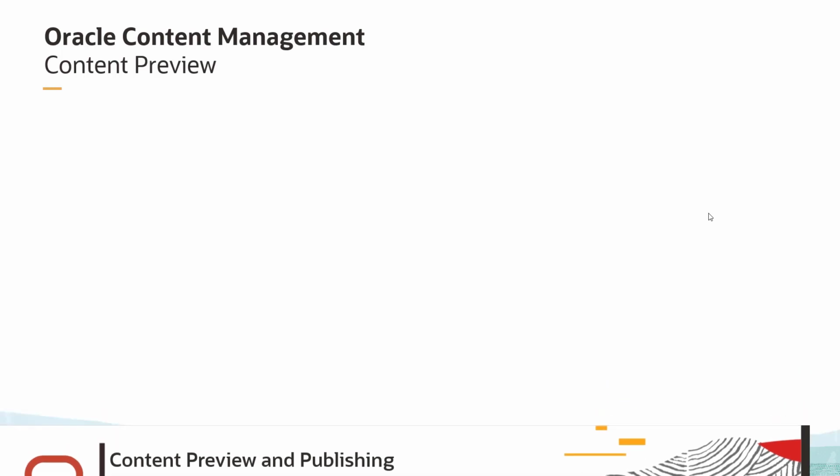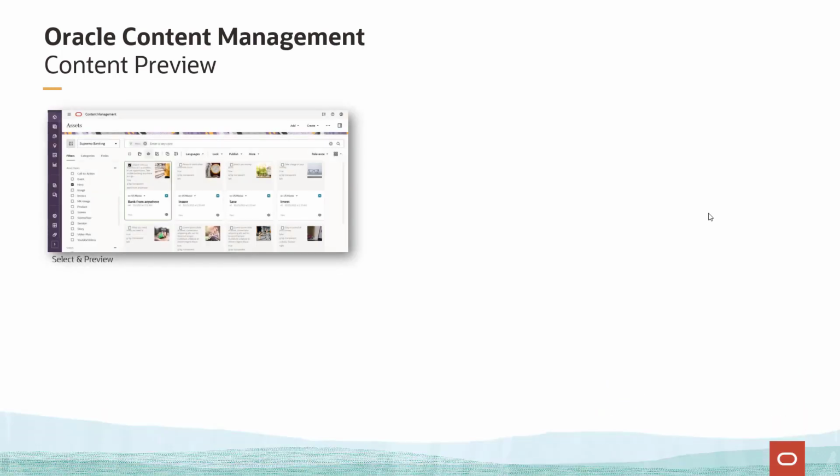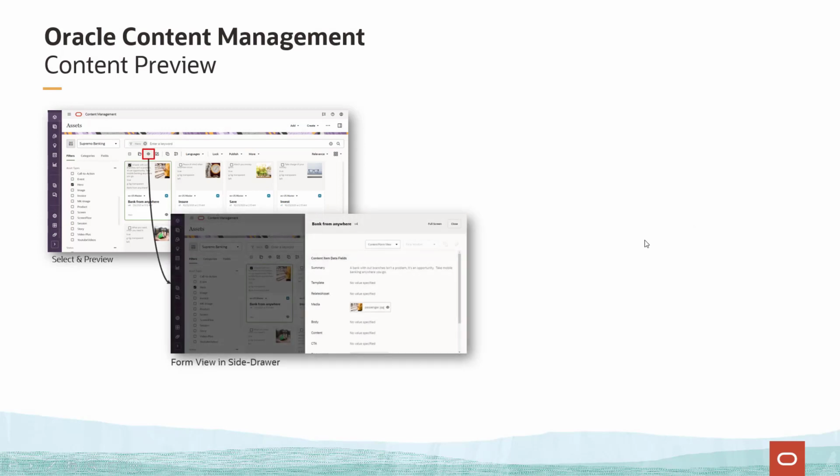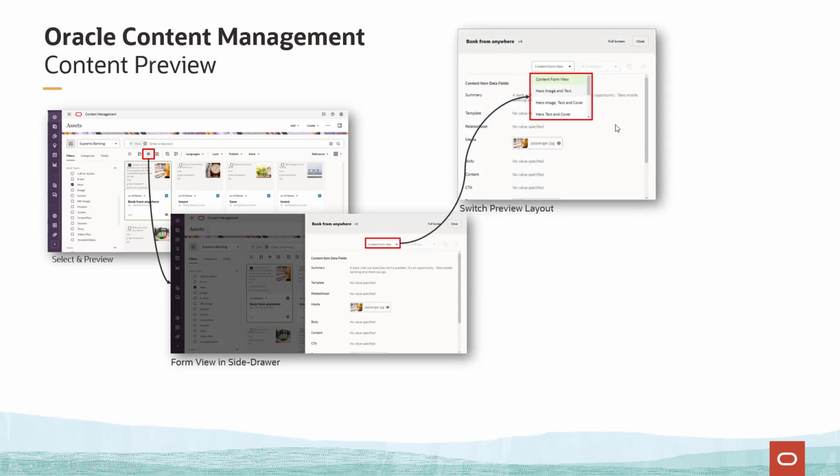To preview content in Oracle Content Management, simply select the assets you want to preview from the Assets tab. Click on the dedicated preview button, which opens up a side drawer, and by default, you can view the form view of the asset. Of course, developers can create additional content layouts that are made available through a dedicated dropdown in the top UI. By selecting from that dropdown, we can switch what we call the content layout and get